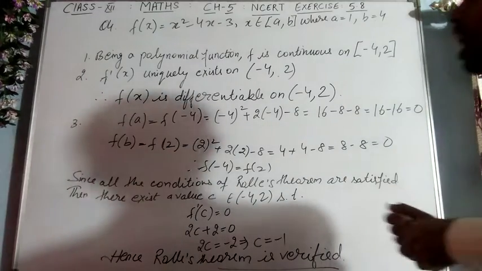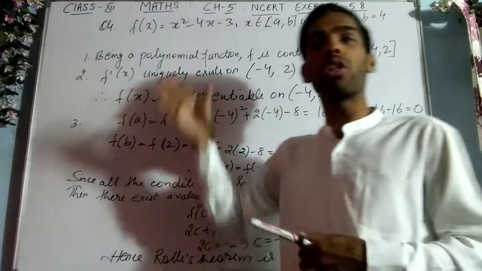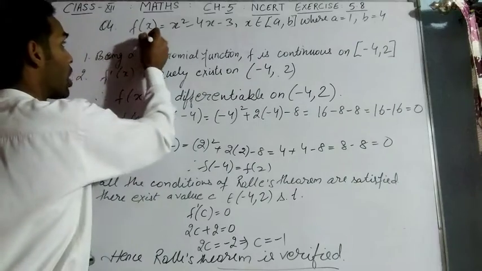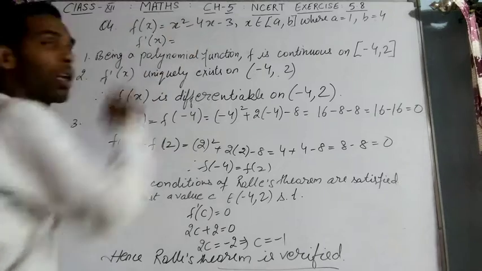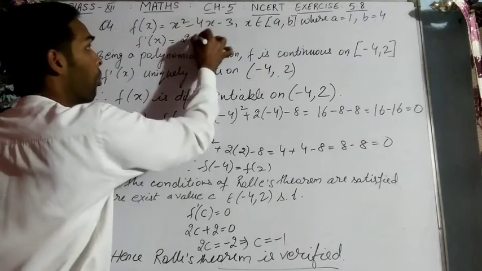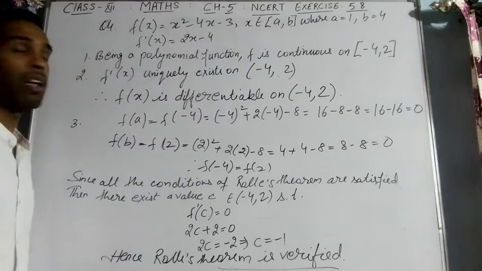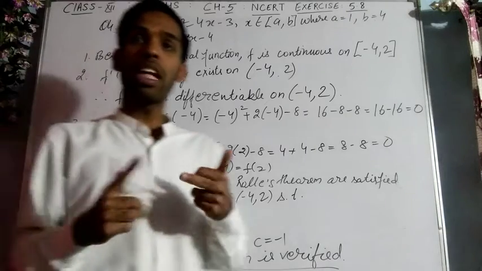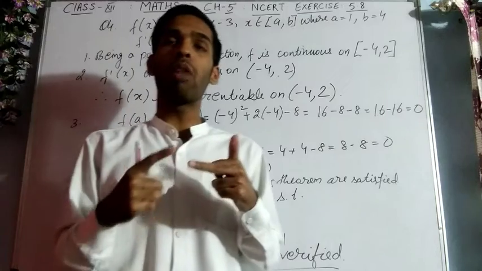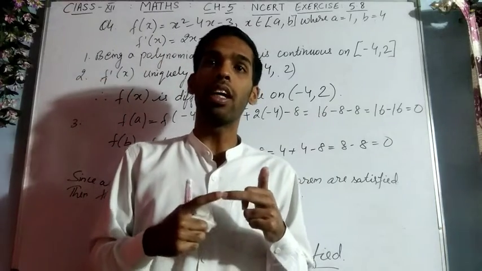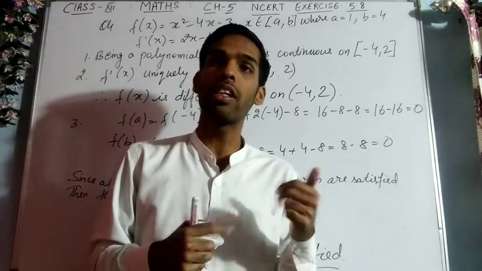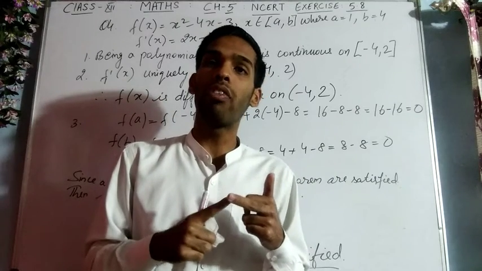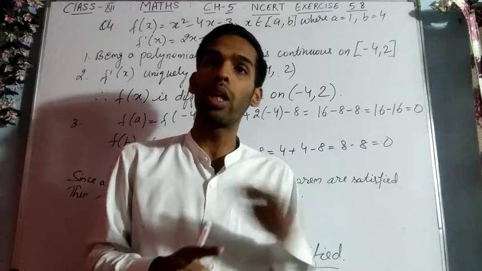जी हाँ. So after that the very first step, we have to do the same procedure friends as we have done in the previous question. We will find out f dash x. So f dash x क्या हो जाएगा? x स्क्वायर की डिफरेंशिएशन 2x minus 4, because the differentiation of x is 1. So here, जस्ट लिसन, मैंने क्या समझाया था आप लोगों को? रोल्स थ्योरम और मीन वैल्यू थ्योरम में क्या डिफरेंस है? In Rolle's theorem we have to satisfy the 3 conditions, but in mean value theorem we have to satisfy only first 2 conditions. f of a is equals to f of b is not at all included in